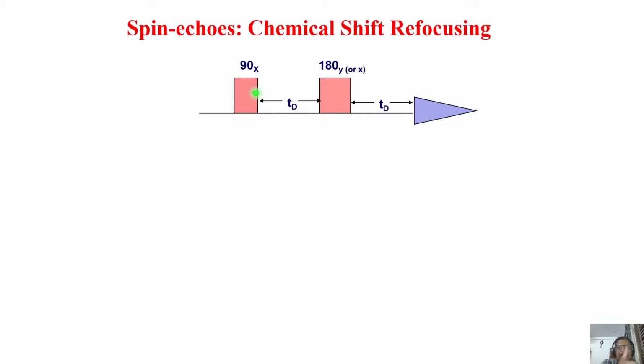The 90-degree pulse brings the magnetization from the z-axis to the xy plane, either the x-axis or y-axis, depending upon where I am applying the pulse. Then we give a small time delay called Td. What will happen during this time, we will see. After that delay, we apply a 180-degree pulse, give some more delay exactly equal to the first one, and then start collecting the signal.